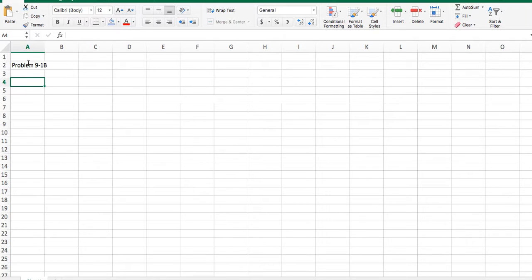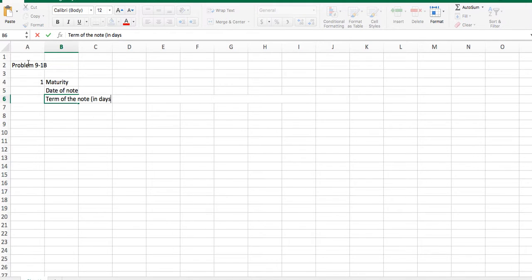assignments. So on page 425, problem set B, problem 9-1B, we have several transactions, and the first thing they've asked us to do is to determine the maturity date for each of the three notes described above. And so just to get some pattern going here so we can follow along, we'll look at the date of the note, term of the note in days, and then the maturity date, which is what we're trying